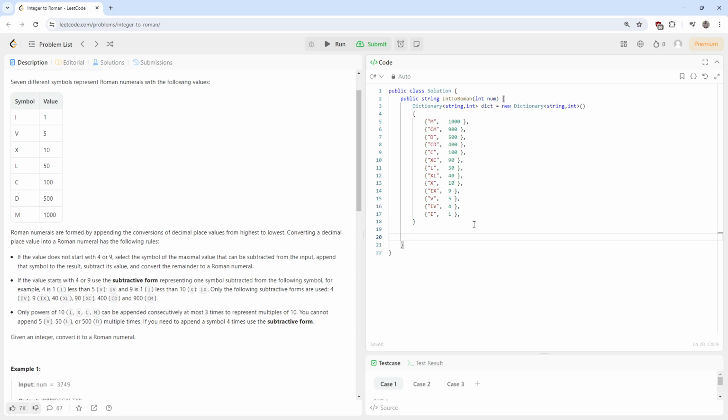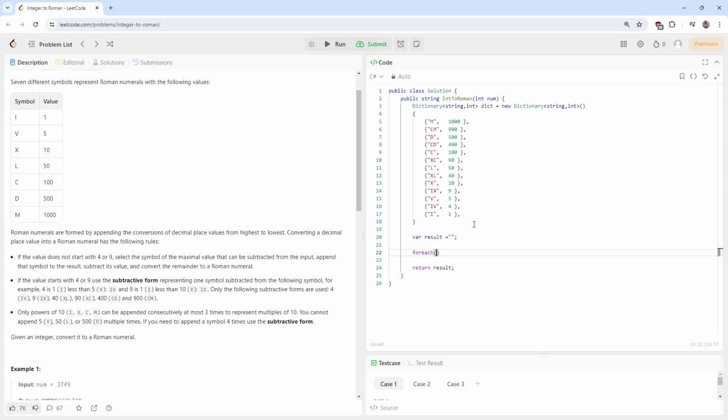Let's have a variable result. Result. So what we're going to do is